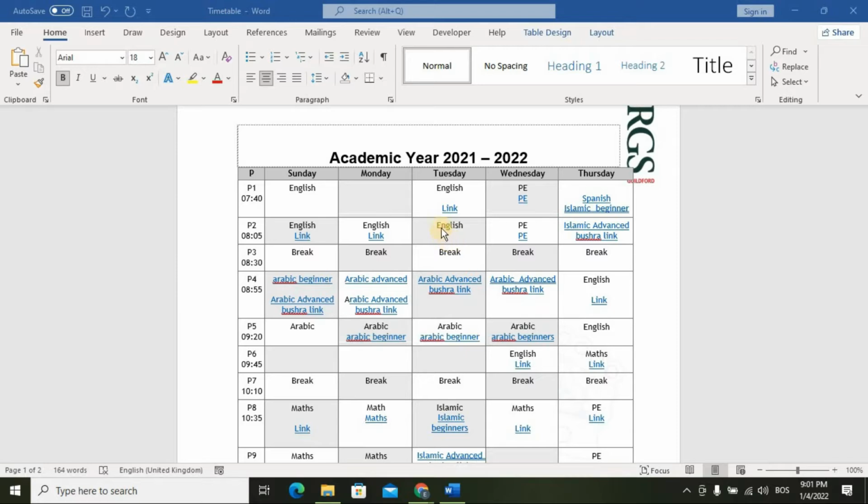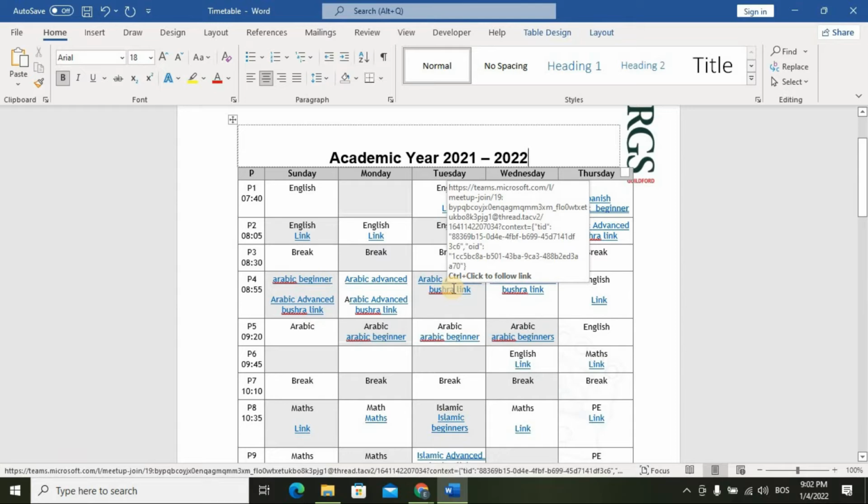First I will go and see it, for example, Tuesday, or for tomorrow you have physical education or any other subject. So what you need to do is go on that blue link. Where is it? And just go with the mouse. As you can see, it shows a description of the link, but also below, in bold letters, it's written